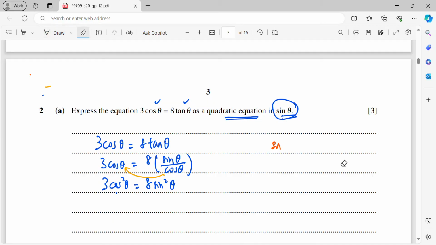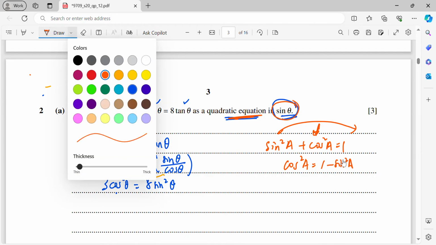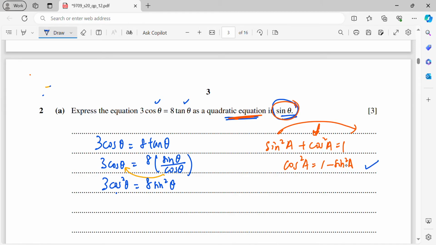Sine squared A plus cos squared A equals to 1. This is the identity. So now we need to keep the sine squared because I need to get the quadratic equation in terms of sine theta, which means I need to get the cos squared A as a subject. We need to eliminate it. So this sine squared will be moved to the other side. It will be 1 minus sine squared A. So now, using this expression, I will get 3 times 1 minus sine squared theta equals to 8 sine